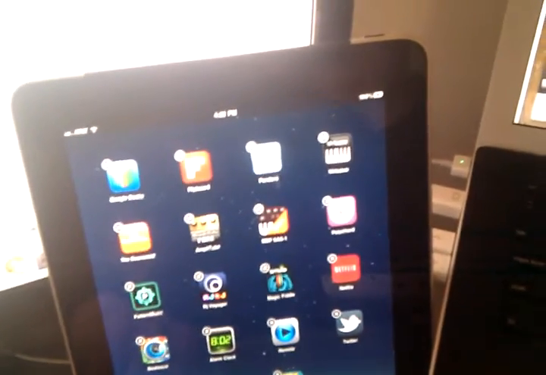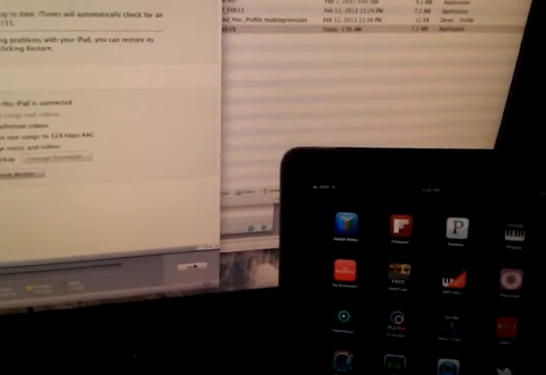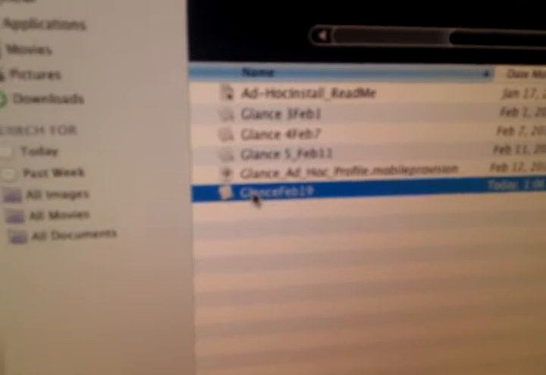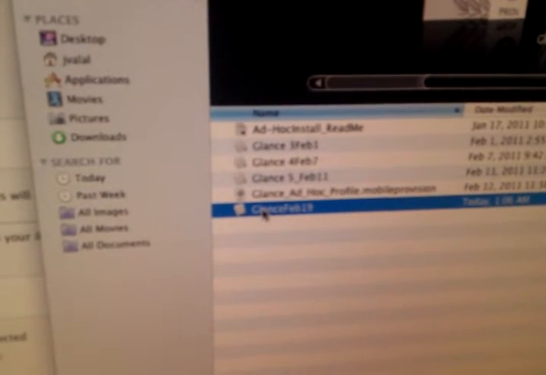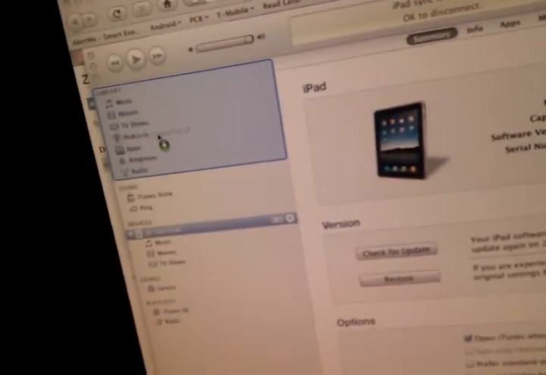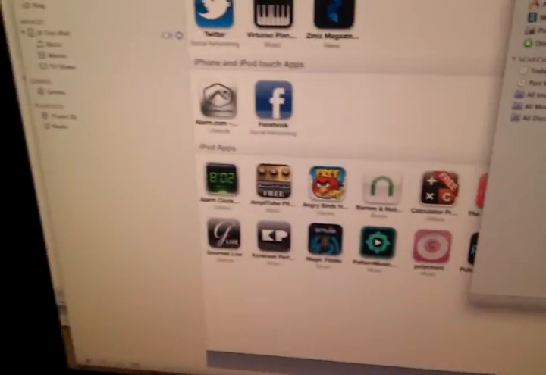Delete. Okay, so I'll resync those. So that's syncing up. That just resynced, so we're good. I'm going to take the Glance profile that you sent me, which is Glance from February 19th. Now it's a little hard to tell. Move it over to my iTunes, pop it in there, go back to my iPad,